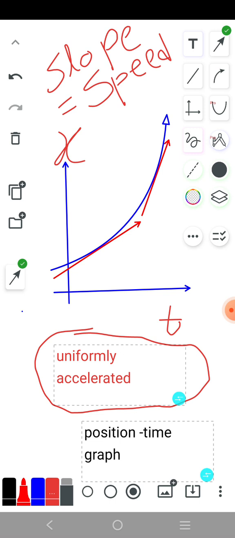Now equal change in speed you will be observing for this kind of graph in equal interval of time. What I'm telling, equal change in speed in equal interval of time, that will be giving what? That will be giving uniformly accelerated motion. So the position time graph for uniformly accelerated motion will be like this. There is a graph, there will be a curved line, and the slope of this distance time graph will give you what? Speed. Now our next point of discussion,